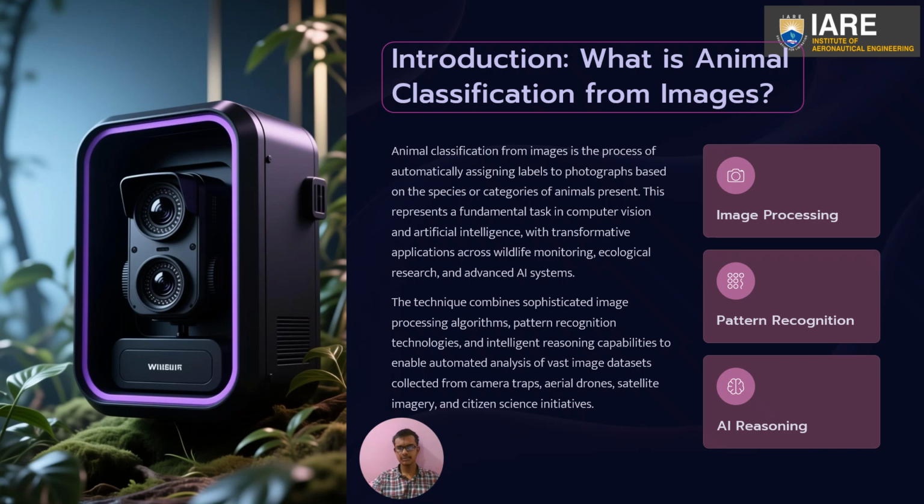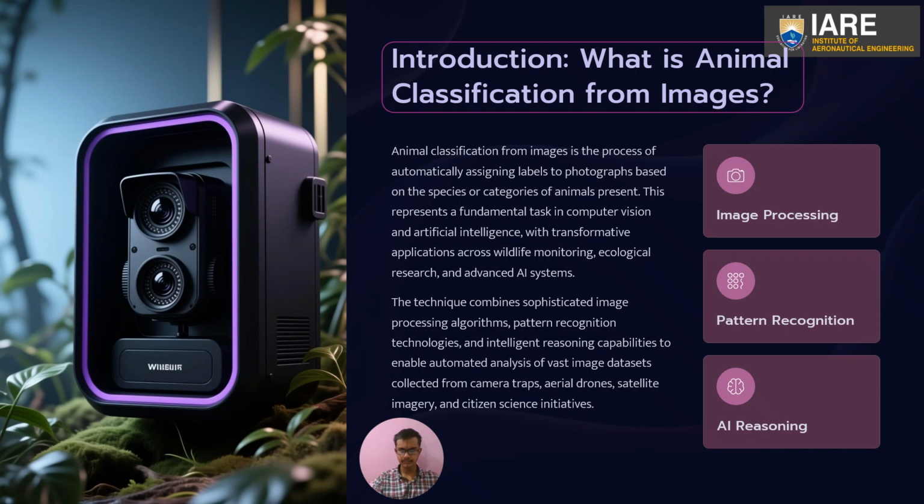Introduction. What is animal classification from images? Animal classification from images is the process of automatically assigning labels to the photographs based on the species or categories of animals present in the image. This represents a fundamental task in computer vision and artificial intelligence, with transformative applications across wildlife monitoring, ecological research, and